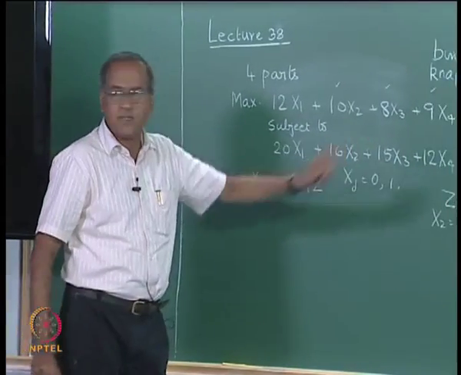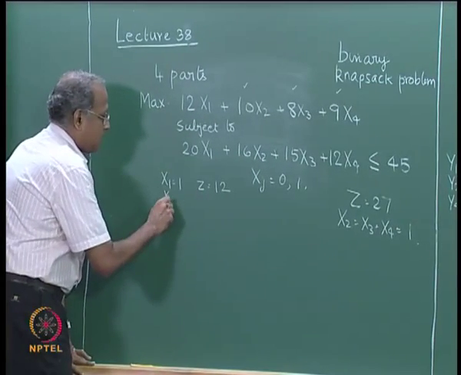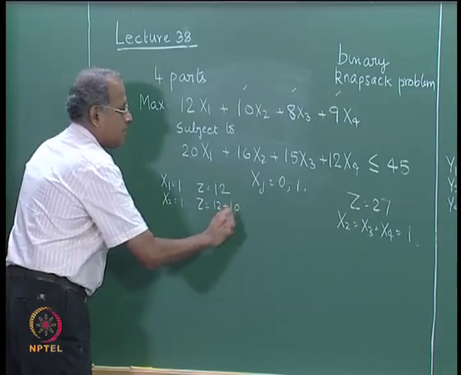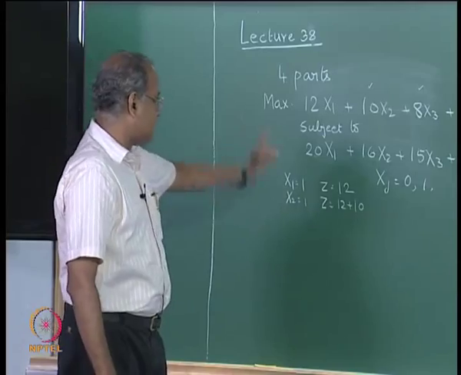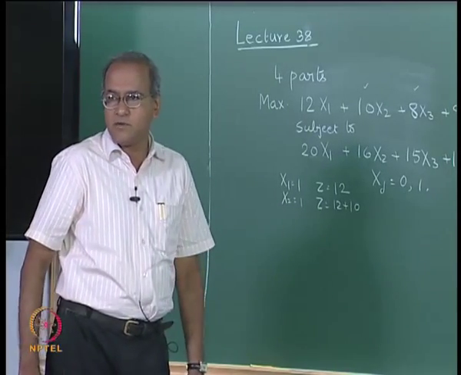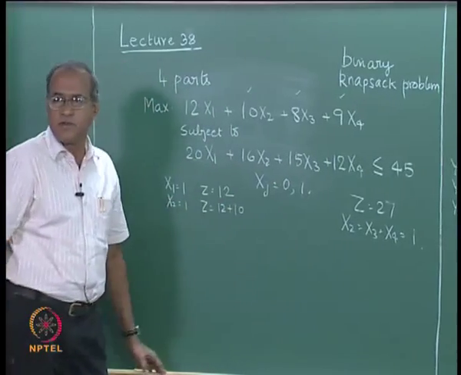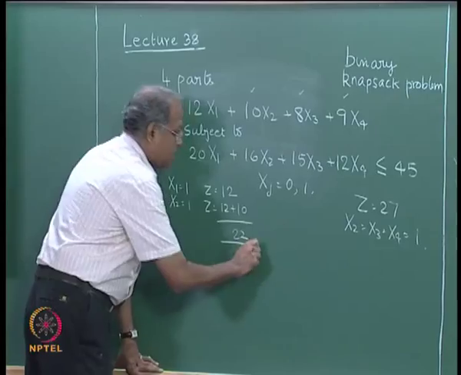So, 25 is available. So, this would give us x2 equal to 1 with z equal to 12 plus 10. So, we have used up 36 units and we have 9 units left. So, x3 we cannot do, x4 also we cannot do, and therefore, we end up getting a solution with 22